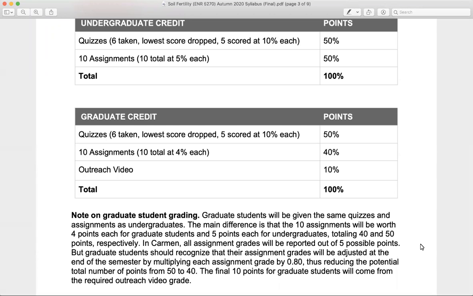The main point is for graduate students, when you're in Carmen, say you take the first 2 assignments, and you scored 5 out of 5 points on each of them. So you say, oh, great, I have 10 total points there. It's actually really going to be a total of 8 points and not 10 points, because everything is getting scaled back by 20%. So